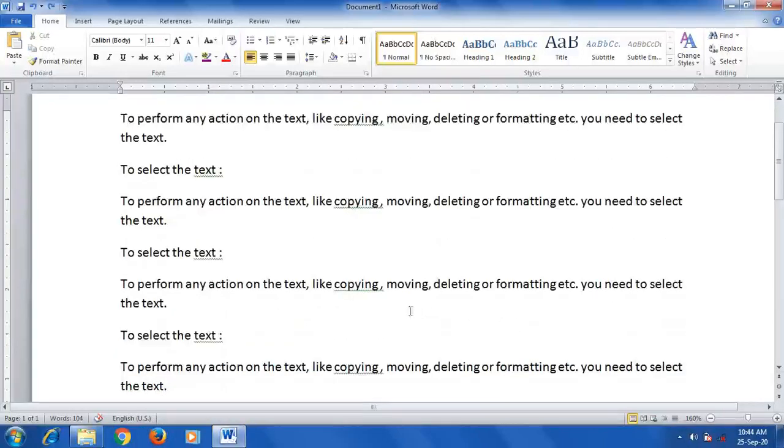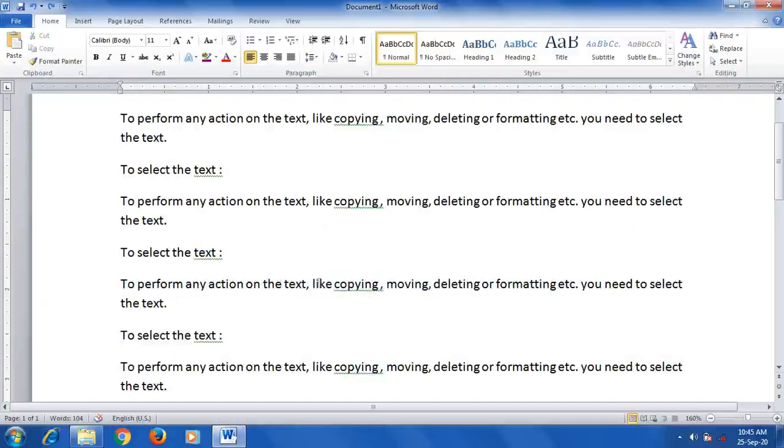Okay, see once again, hold the Control key and click anywhere on the sentence. If I click here, only this sentence is going to be selected. See, okay, if I click here by holding the Control key, only this sentence is going to be selected. This is selecting the sentence. So one is when you double click on the word, only one single word gets selected, and when you hold the Control key and click anywhere on the sentence, that entire sentence gets selected.